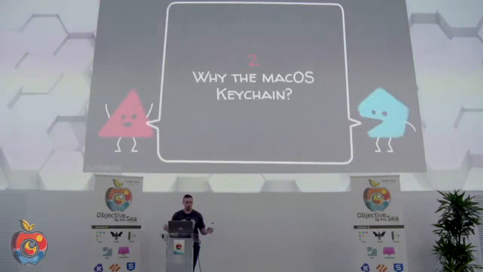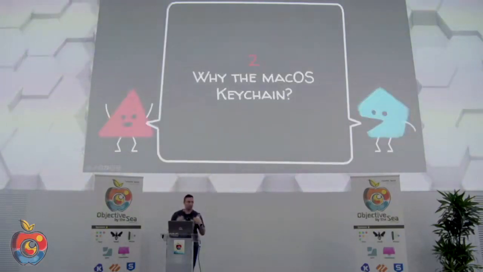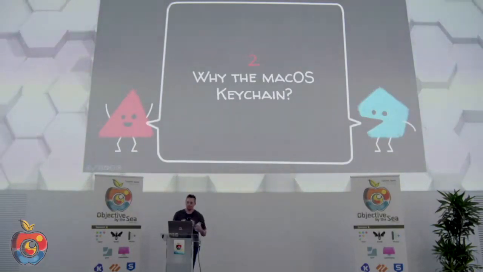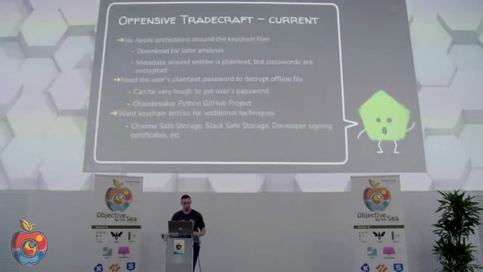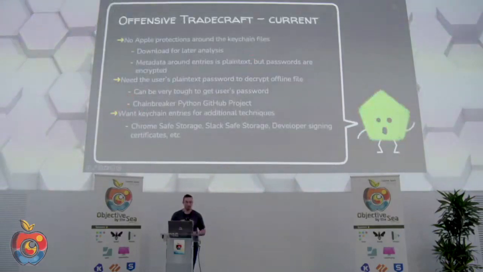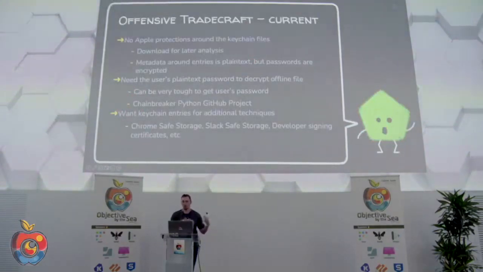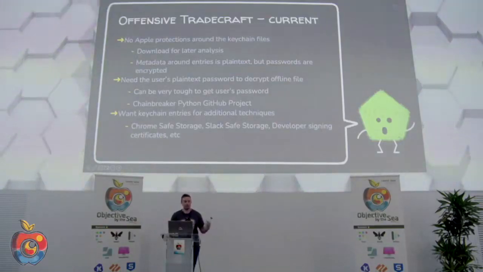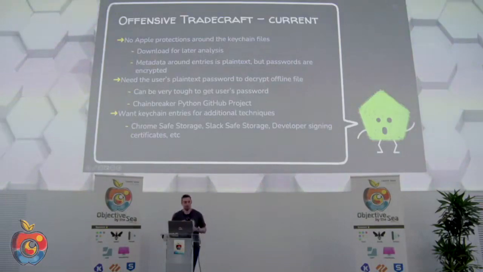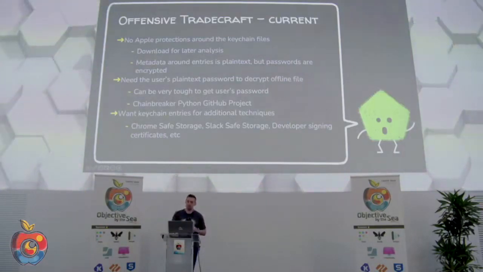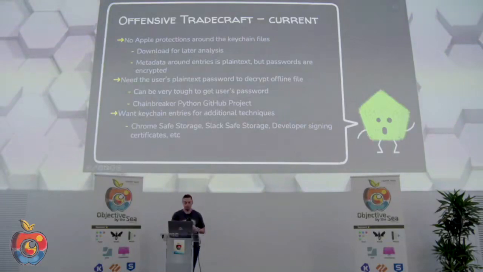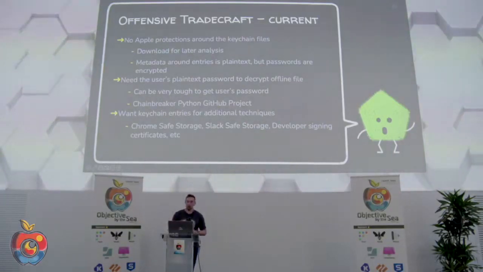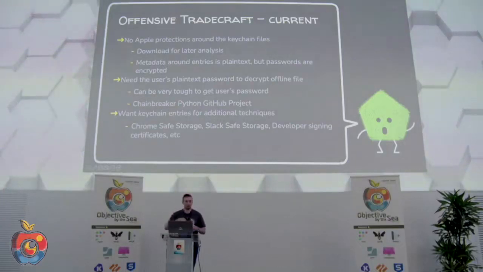So why are we even talking about the macOS keychain in the first place? I come from an offensive background, so I'm looking at this from a red teamer pen testing perspective. Traditionally, what we do from the red team side is, because there aren't really protections around these flat file keychains, we download them. First thing you do, you get on engagement, you're that user, yoink, download that keychain offline. The sensitive data in that keychain is still encrypted, but if I can get the user's plain text password later, offline on my own VM, I can then decrypt it, get all your secrets,